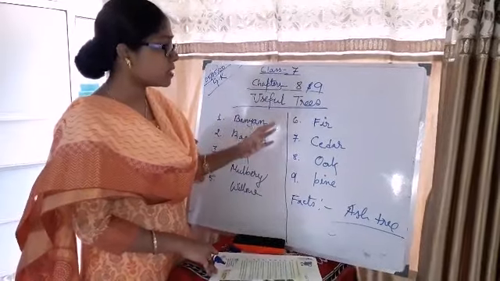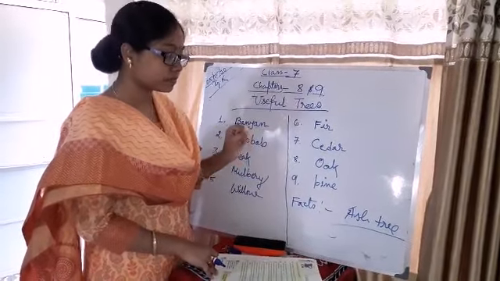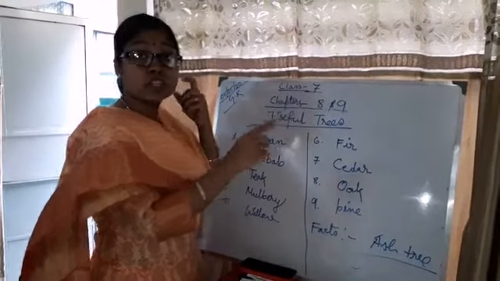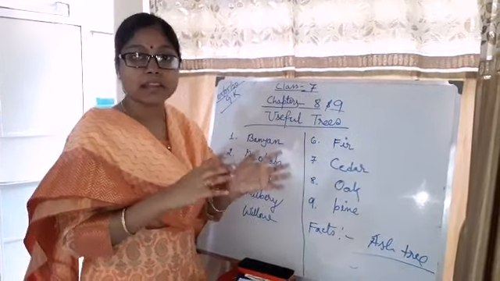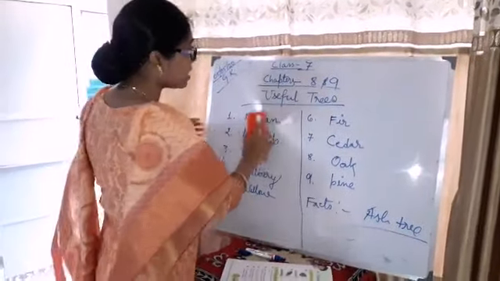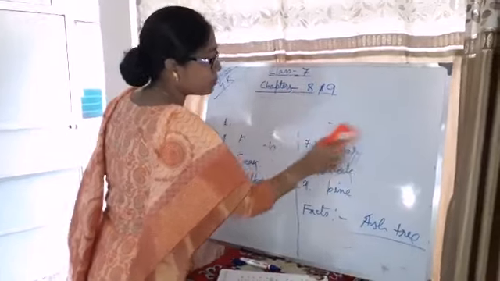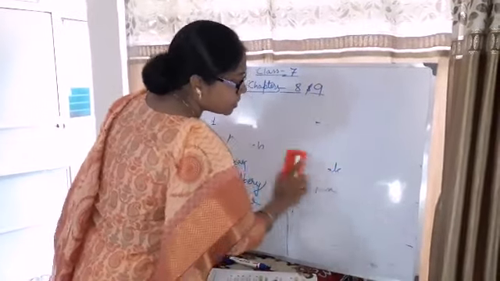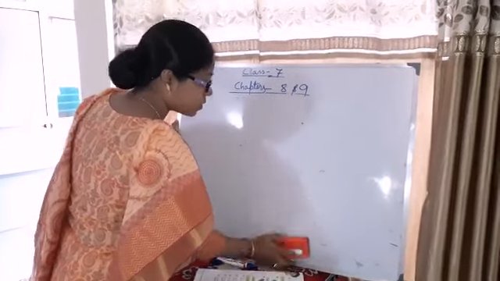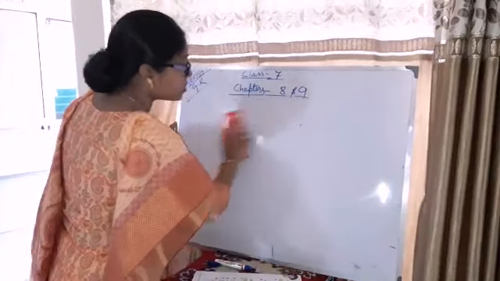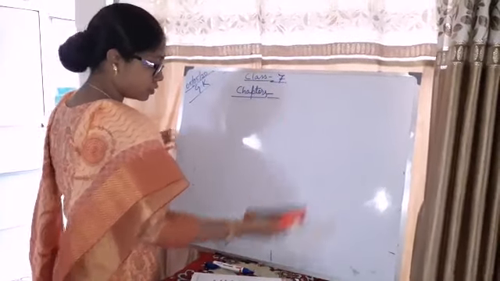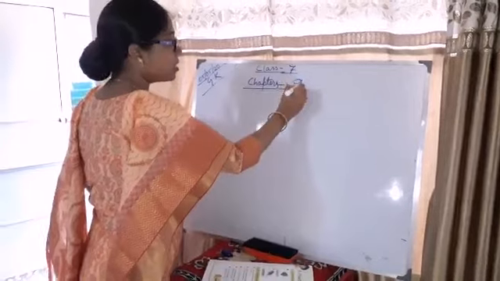Okay, so chapter 8 we have done. Now we'll move to chapter 9. As I said, both the chapters are related with each other. Is it plants and trees? So let us come. Exercise A, leaves are given. A picture of some leaves is given. By the leaves only we have to find out which tree it is. Clear? And some hints are also given. Some letters are given. We have to just complete the word, the name of that particular tree.